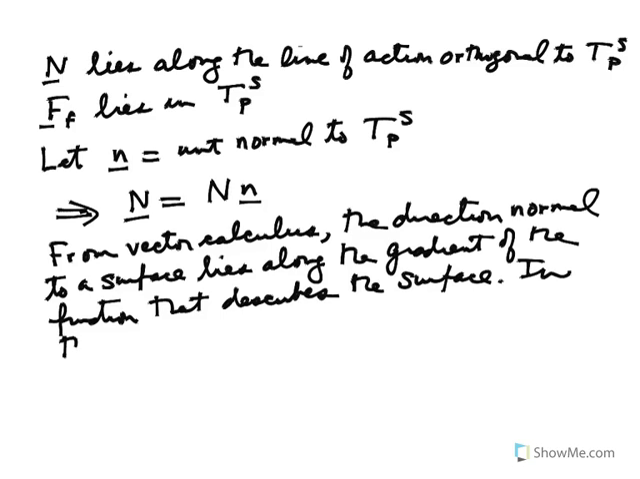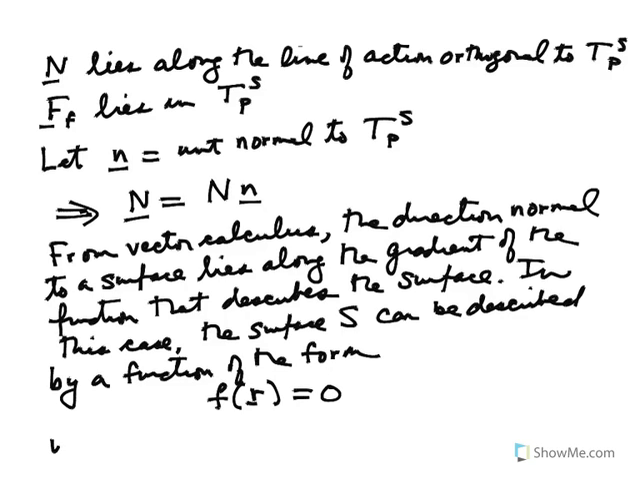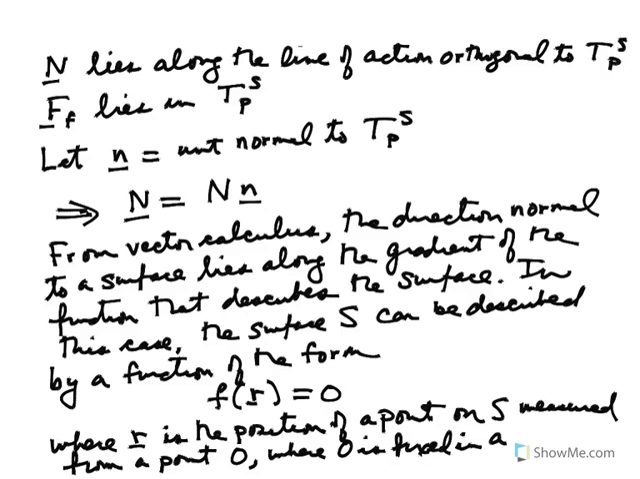In this case, the surface S can be described by a function of the form f of r equals 0, where r is the position of a point on S measured from a point O, where O is fixed in an arbitrary reference frame